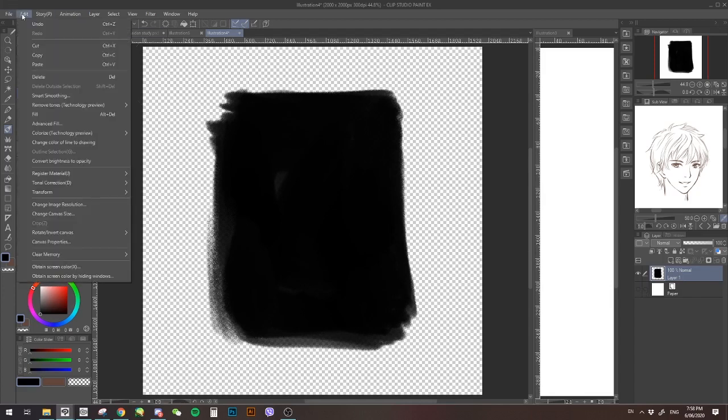So go into Edit and go down to Register Material, and then click on Image,